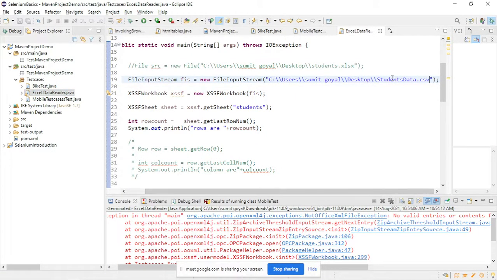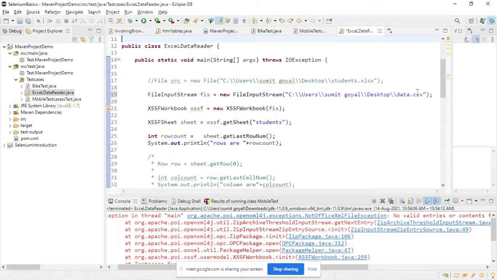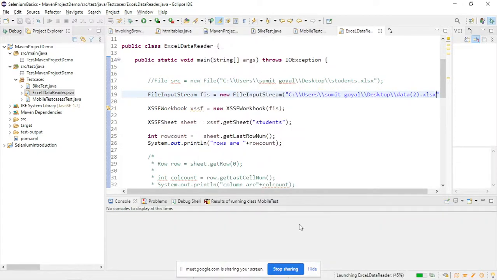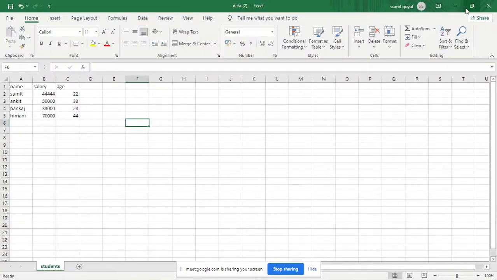So I will say data2.xlsx. Now if I try to run it again, let's see whether it is working. Again the same error. Why are we getting this?